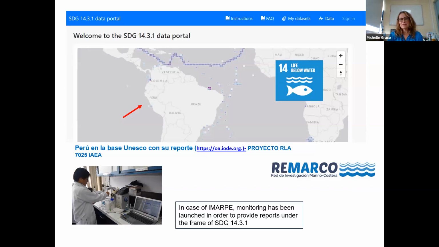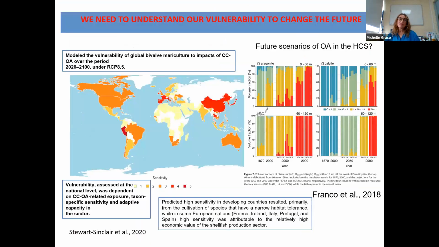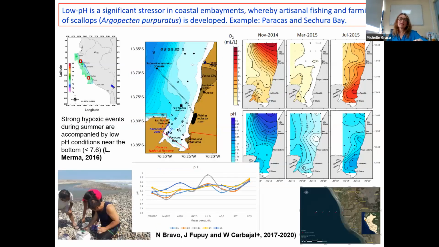Okay, and you can visit the page and look at all the countries that now report the data. I think this is only to show that we do research in the coastal and oceanic areas,